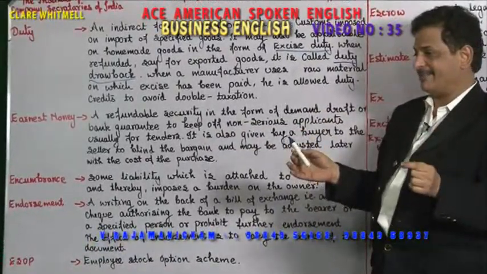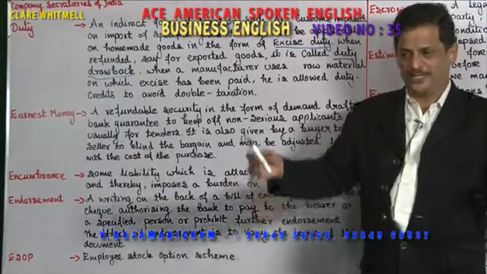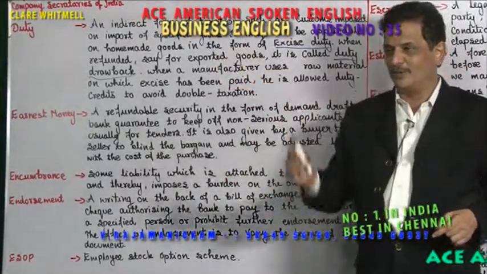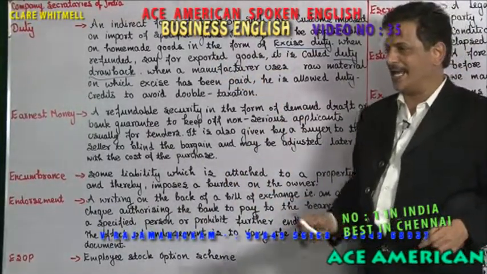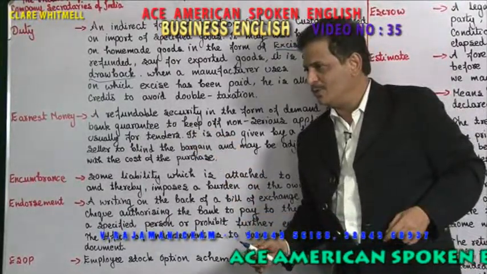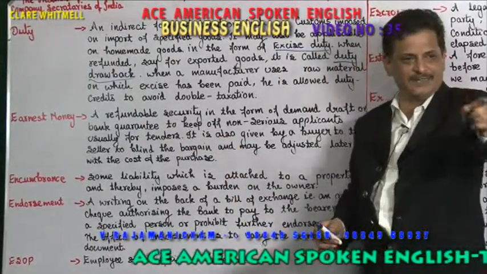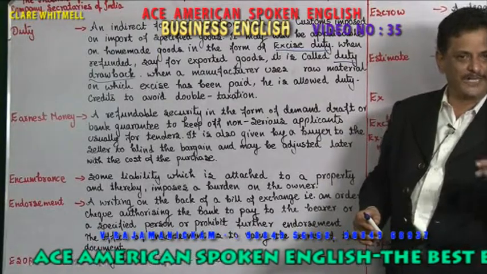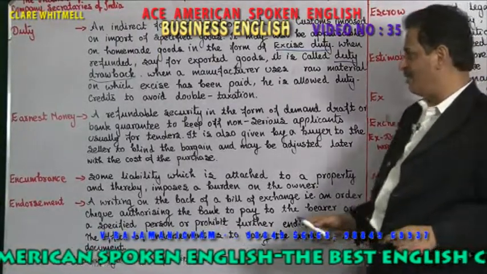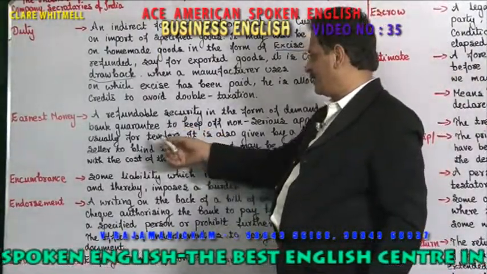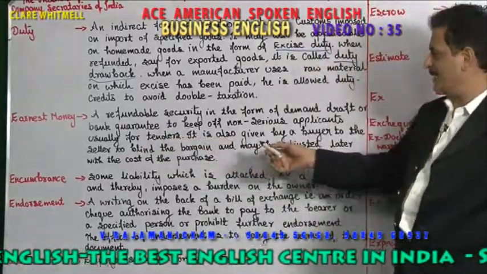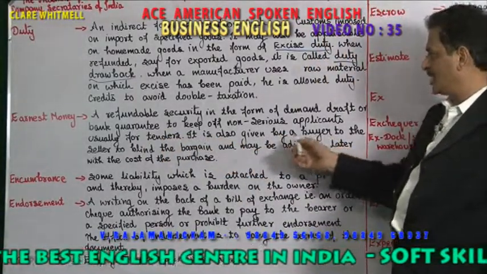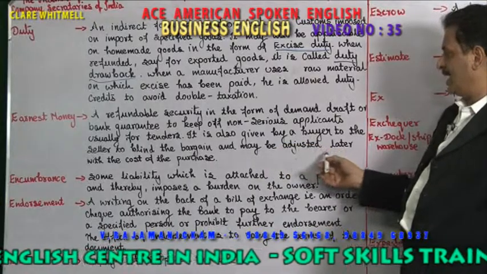When an auction is there, people are ready to sell the goods. You are taking part. You are saying it is 1 lakh. One other party is saying 2 lakh. One other party is saying 3 lakh. Whoever bids the highest amount will be given the product. For that, you have to pay a deposit. That is called earnest deposit, usually for tenders. It is also given by a buyer to the seller to bind the bargain and maybe adjusted later with the